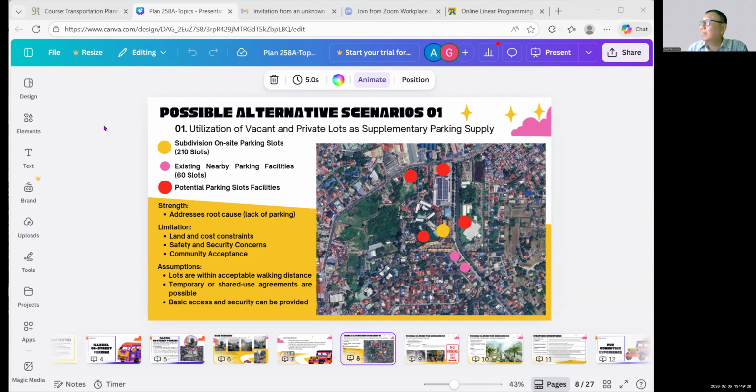You cannot pass through their gates. You cannot use their roads as shortcuts or pass-through ways if you don't have certain stickers or you're not a resident of that area. So the base case scenario is absolute restriction, and the second scenario you would like to look into is if those subdivisions lifted their restrictions.